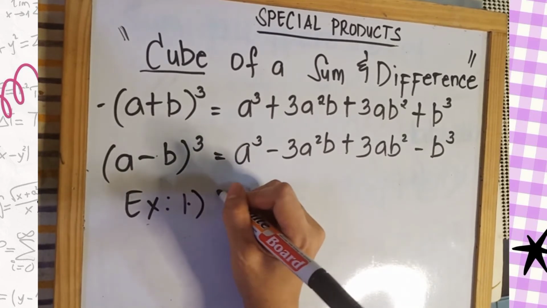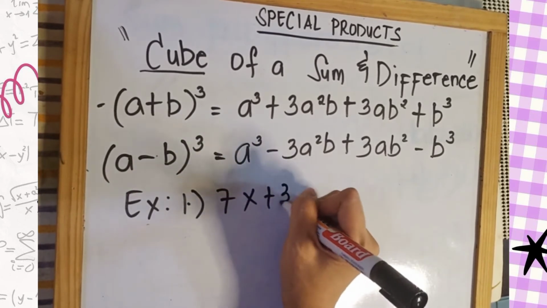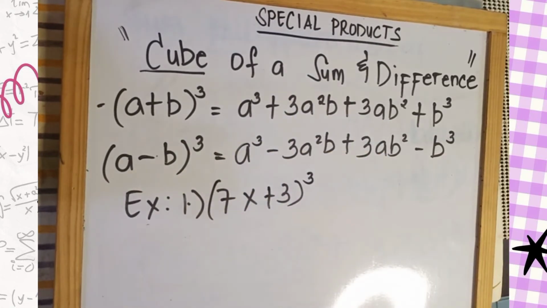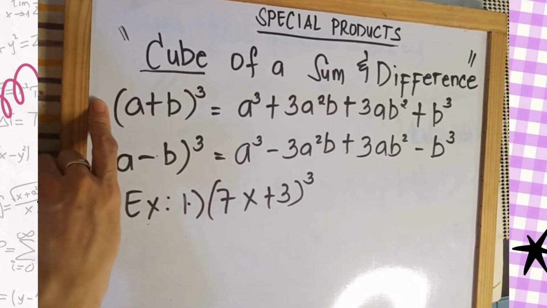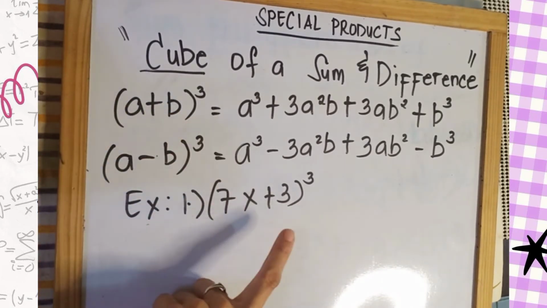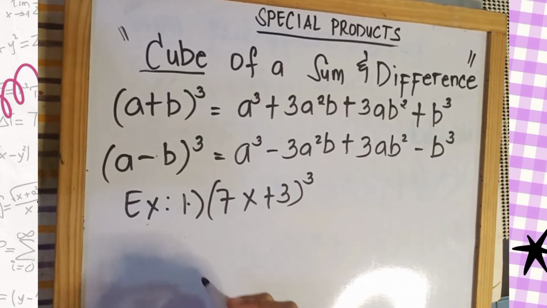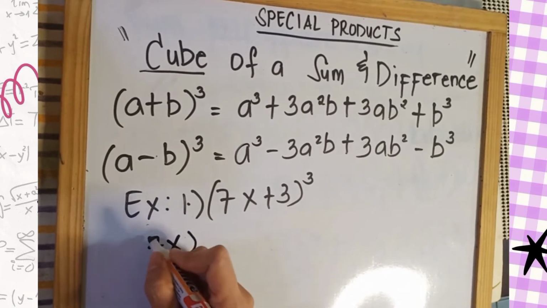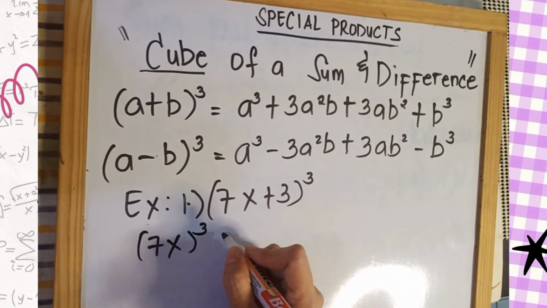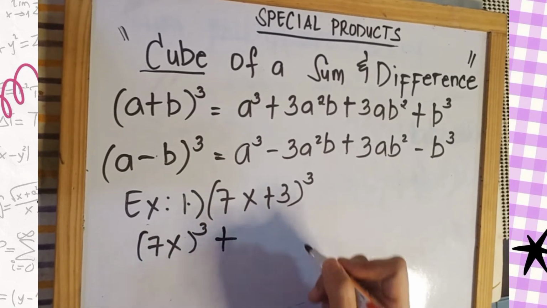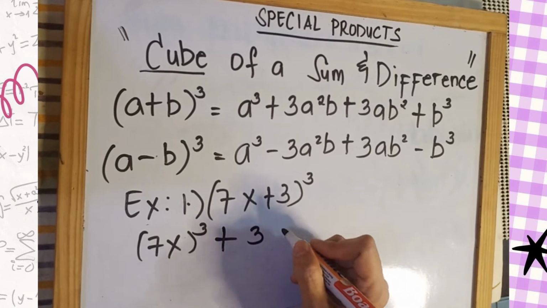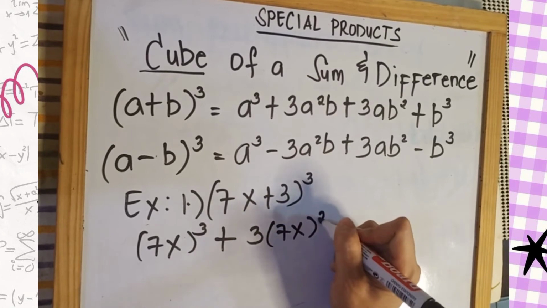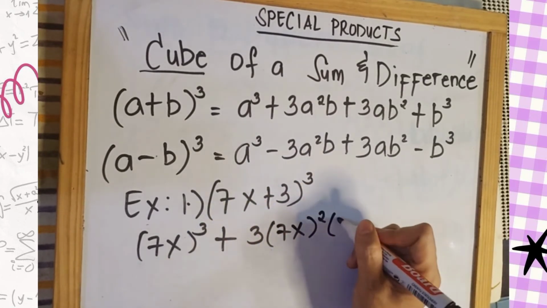So let's say we have 7x plus 3 cubed. Okay, so by following our first formula, cube of a sum, so that is a plus b cube. So ano yung first step natin? We have to cube the first term, so that is 7x cube plus 3 times the squared of the first term. So 3 times 7x squared times the last term, which is 3,